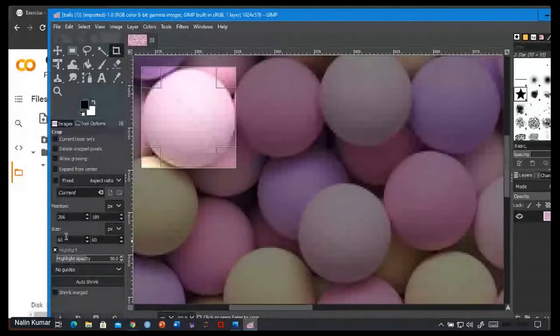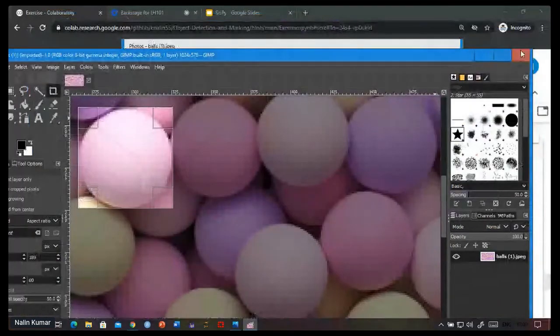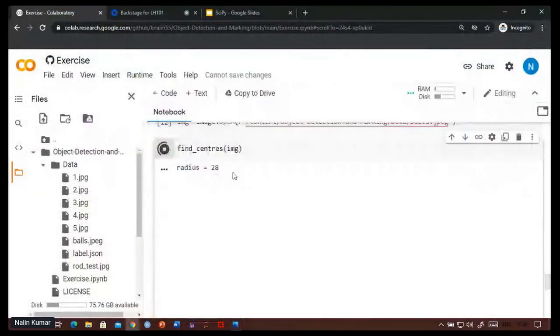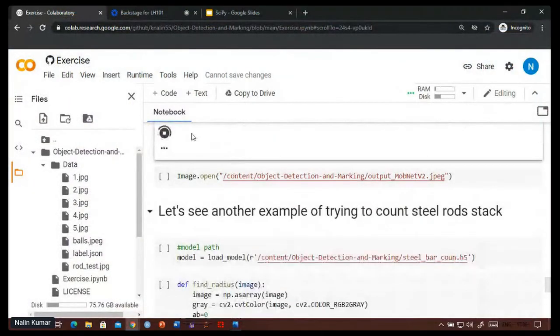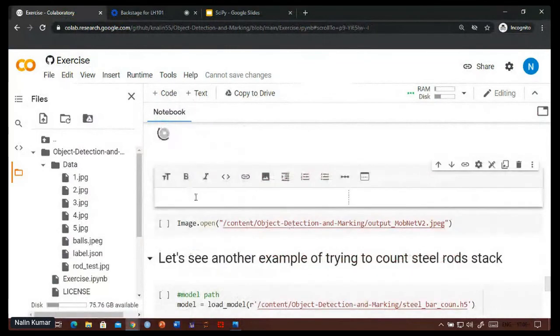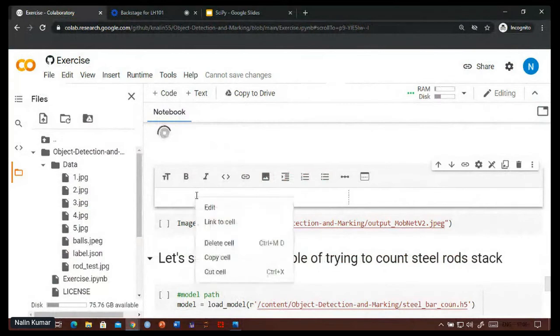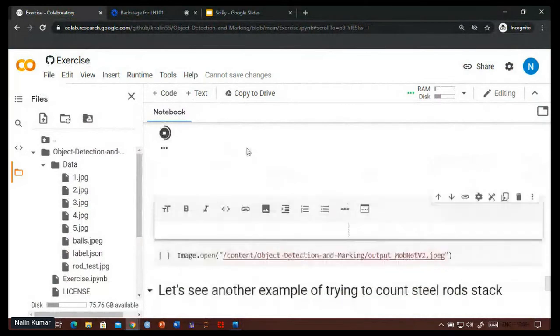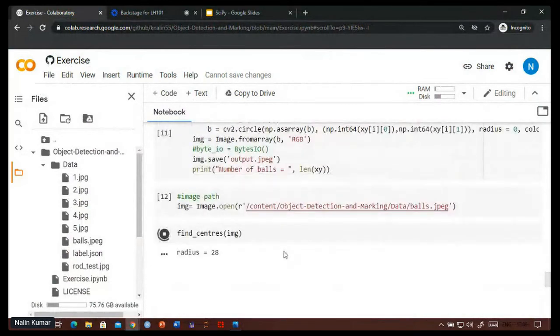I can't zoom this one, but I can copy it. It's not doing things. Okay, take my word, it is 60. So the radius should be 30, but 28 is still good.